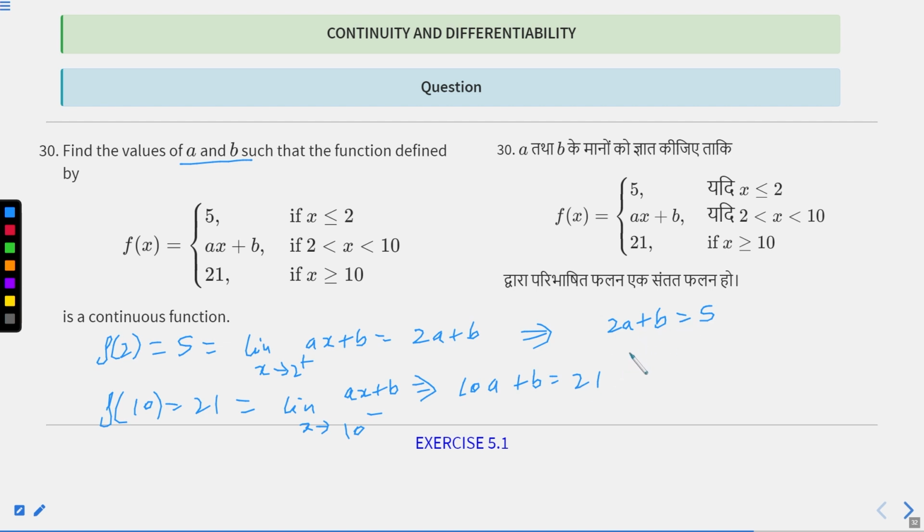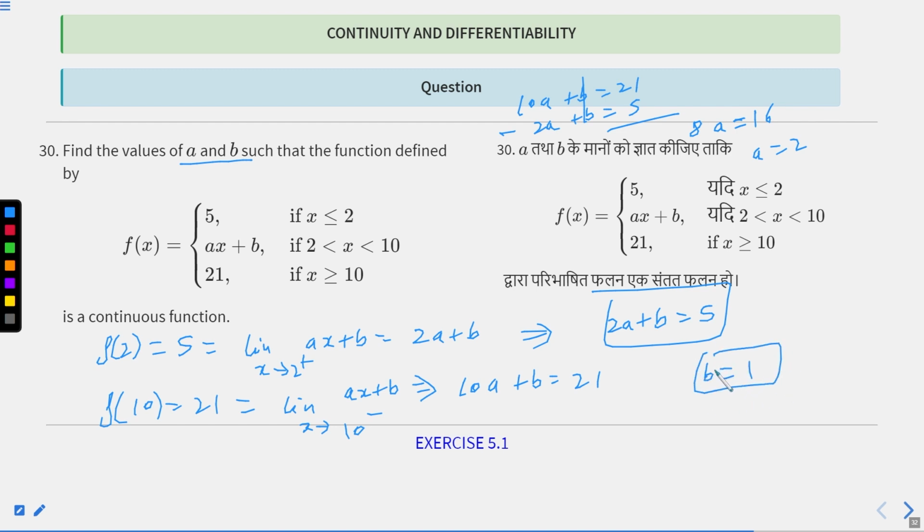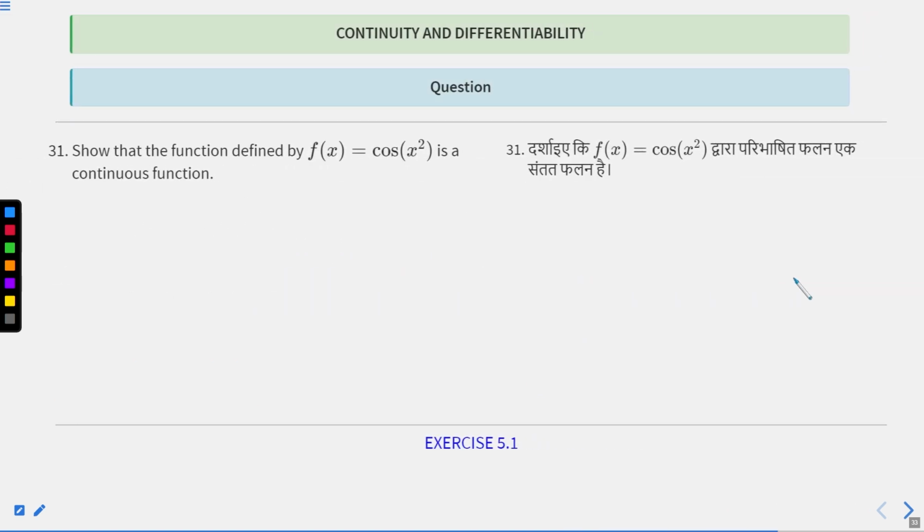I have two equations, two variables, quite simple. What I will be doing is just subtracting. So 10a plus b equals 21 minus 2a plus b equals 5, here it is 5. So b will be cancelled. You will be left with 8a equals what? This will be 16. a will be 2. Okay, the value of a will be 2, and if a is 2, then put your value of a in here. So this will be b equals 1. Okay, clear? So a equals 2, b equals 1 will be your value. Let us move to next slide.